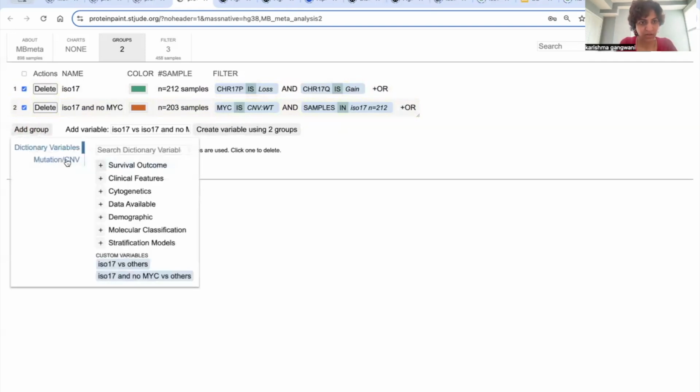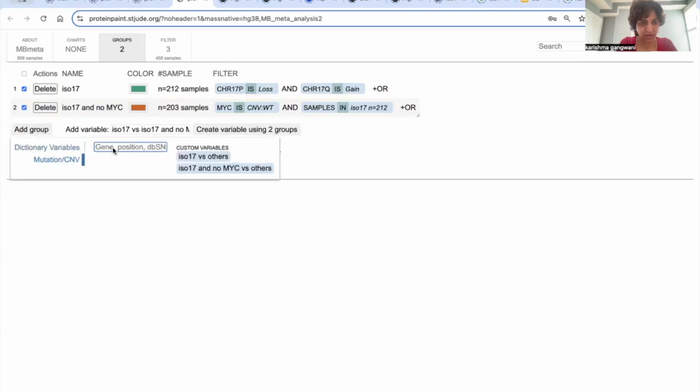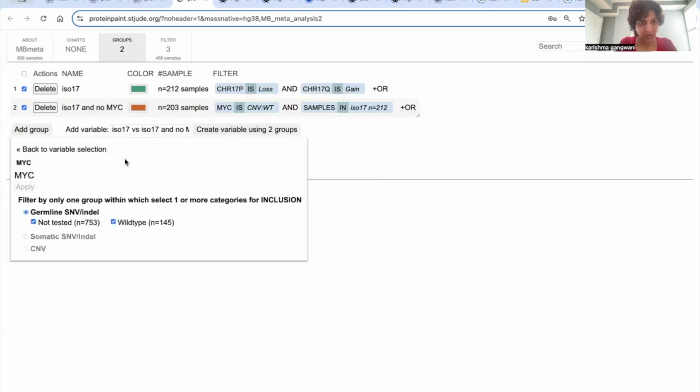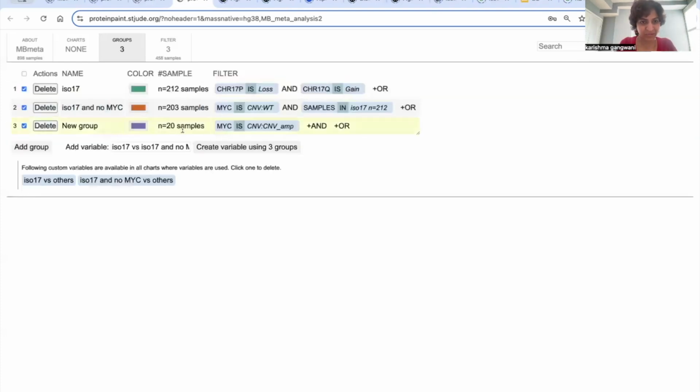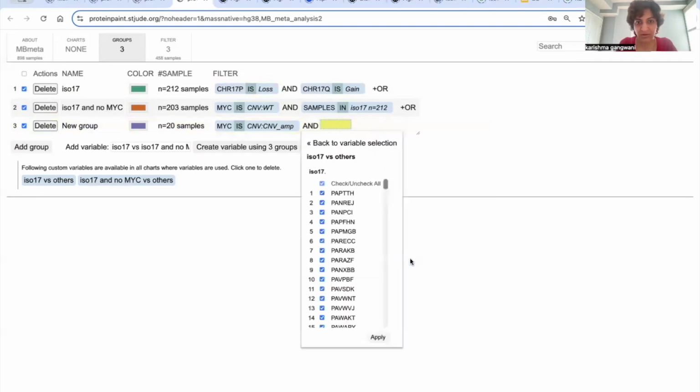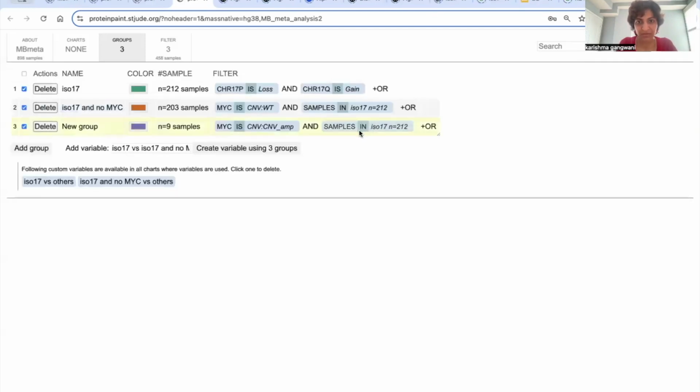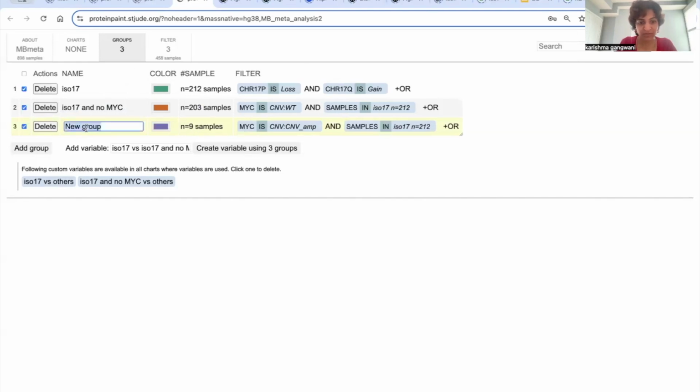Now I want to add in a third group, again using MYC. So now I will choose MYC with copy number gain. Now I want MYC amplifications in these samples. There are 20 samples that have MYC amplifications, but I also want ISO 17. So now that's 9 samples. So there are 9 samples that have MYC amplifications as well as overlapping ISO 17